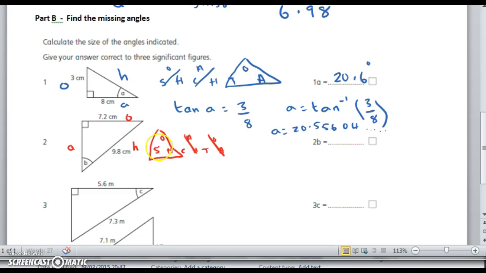We're finding the angle, so sine of the angle B is equal to the opposite divided by the hypotenuse. So to find angle B, we need to do the inverse sine of the opposite divided by the hypotenuse. Again on your calculator, inverse sine of 7.2 divided by 9.8 gives you